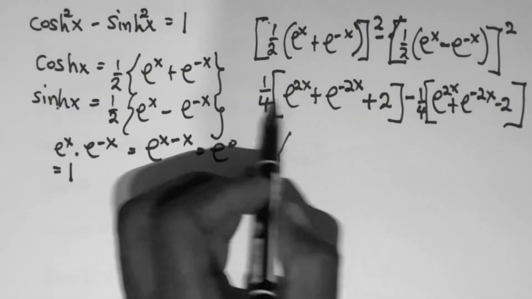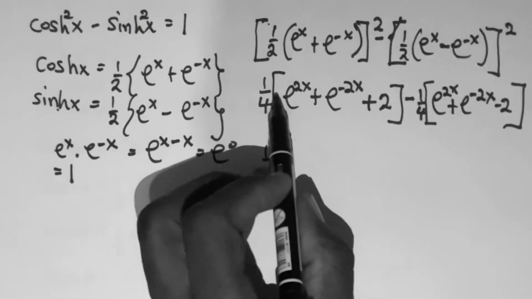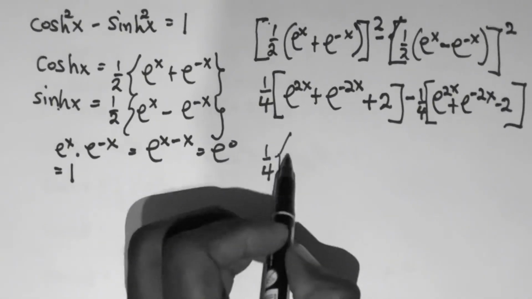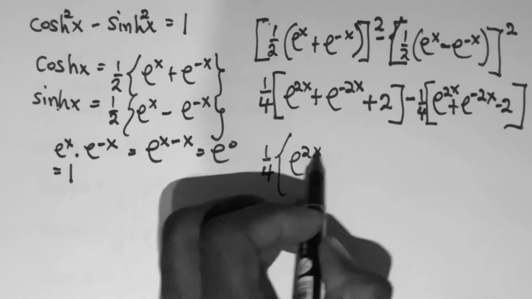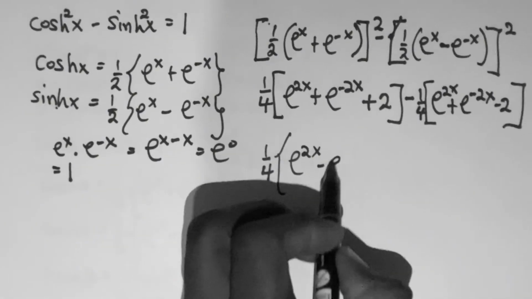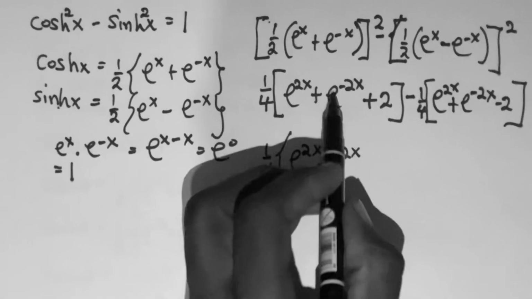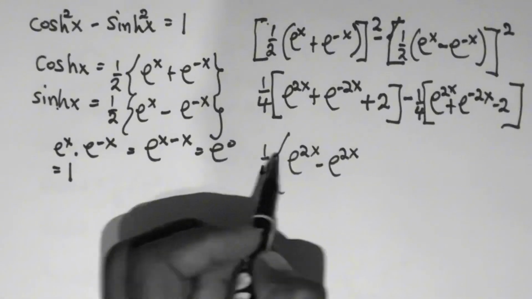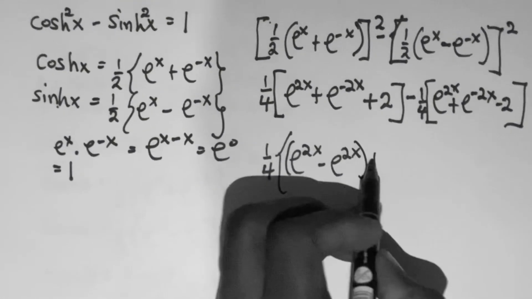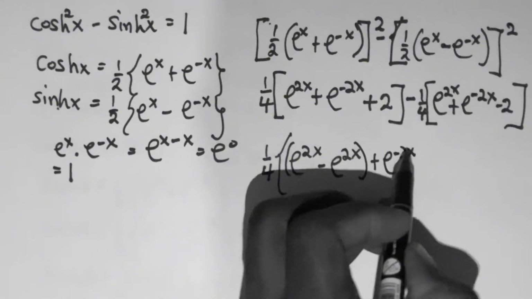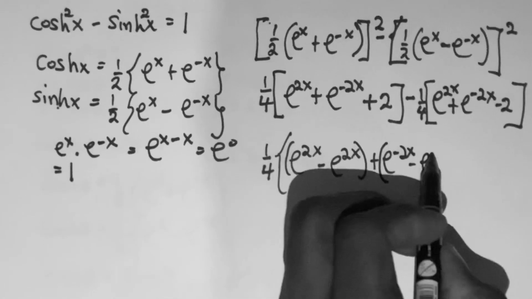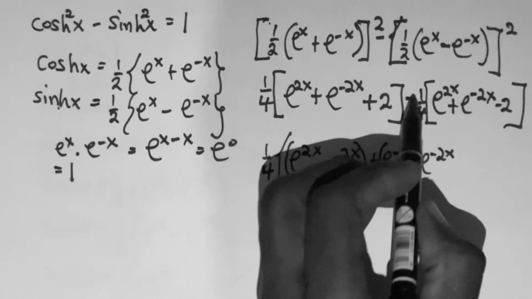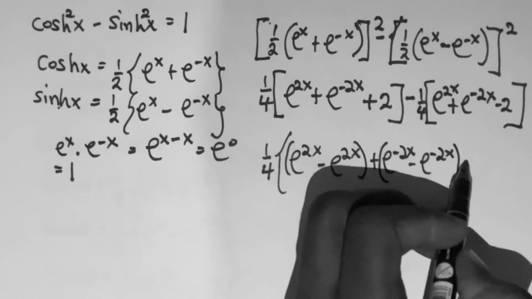If we factorize that, we are left with exponent 2x minus exponent 2x, then exponent minus 2x minus exponent minus 2x, which becomes plus exponent minus 2x minus exponent minus 2x, then plus 2 minus minus 2,